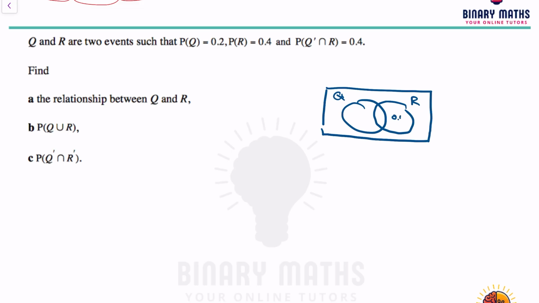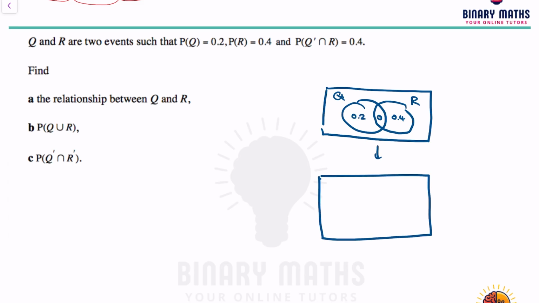This part is 0.4, but then I've been told that probability of R is 0.4. That means that must be 0. And that means P(Q) is 0.2, so this must be 0.2,